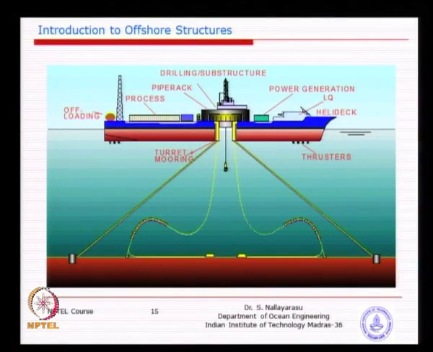And then the FPSO of a different kind, you can see here, has a mooring which makes the ship rotate about the center of its axis. You see here there is a yellow colored bearing line, basically we call it a turret, around which the ship is going to revolve, around these bearings at the center.